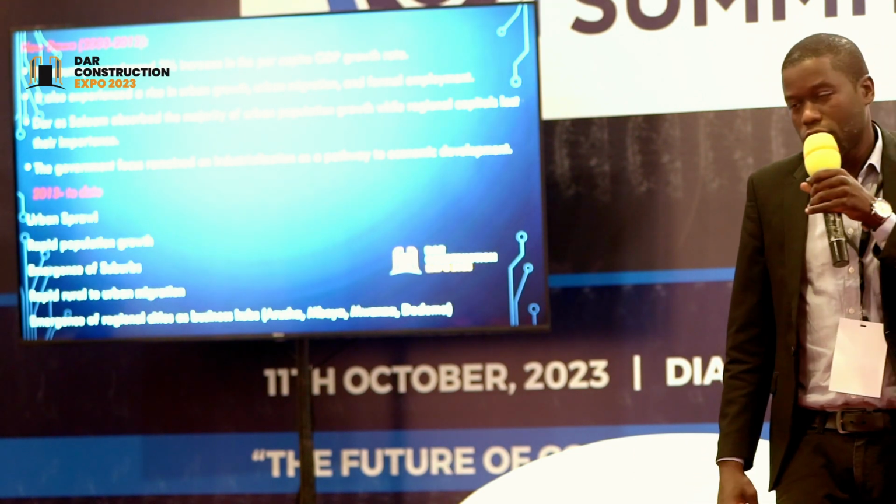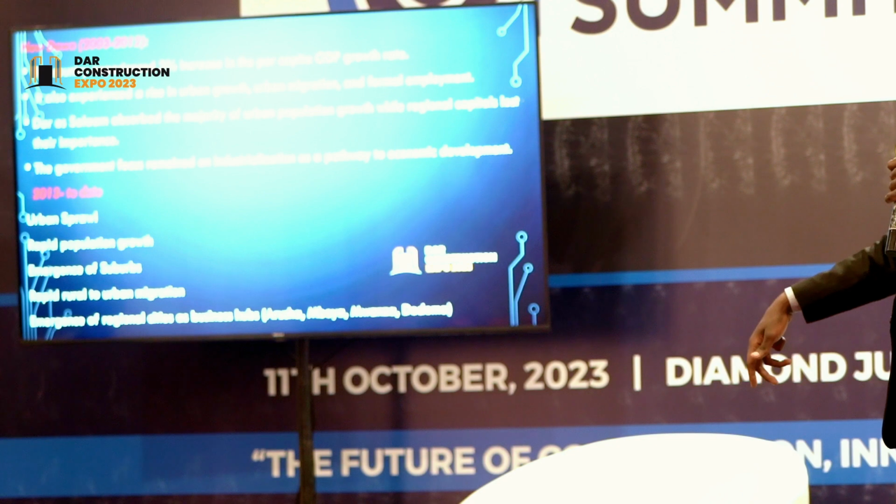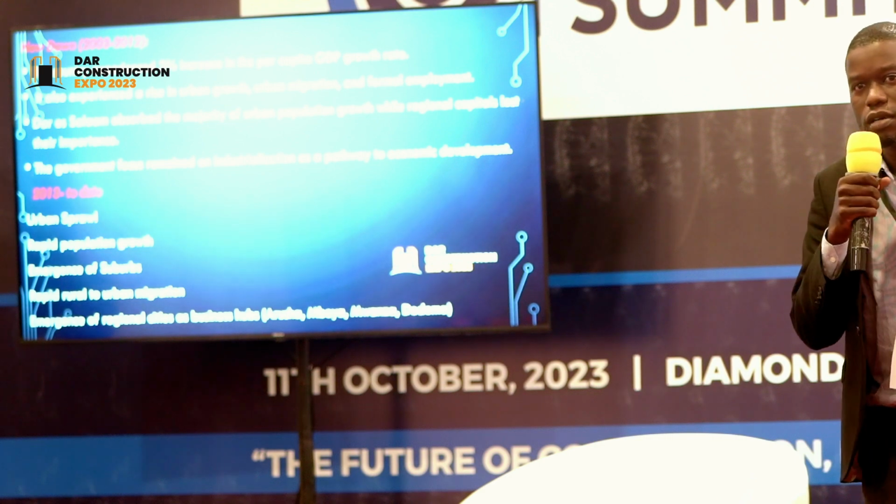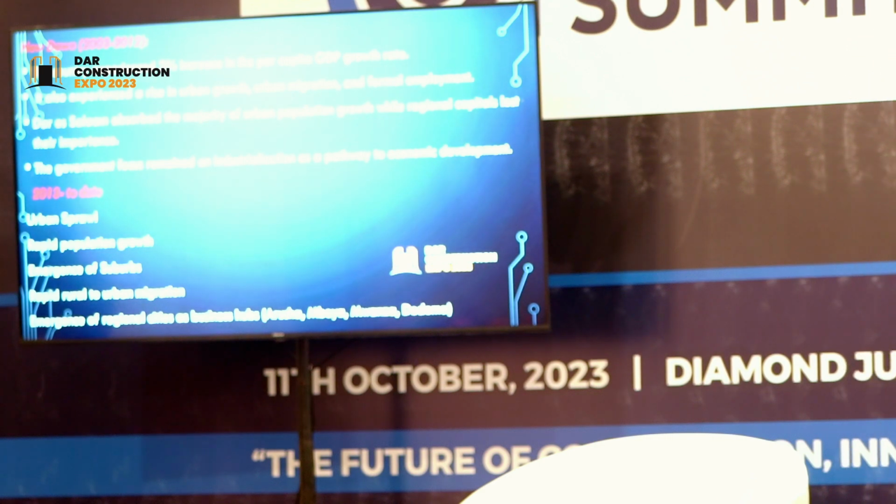So we'll see it in the next slide. And also the emergence of suburbs. These are cities outside the city. For example, right now, you can see places like Tegeta and Bunju. These are places where back then it was only for farming activities, but now it's a community where people live and thrive.